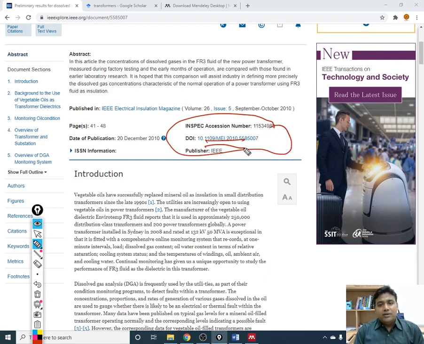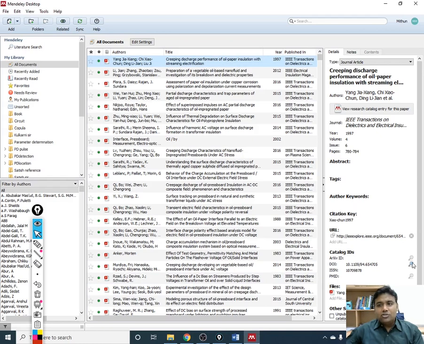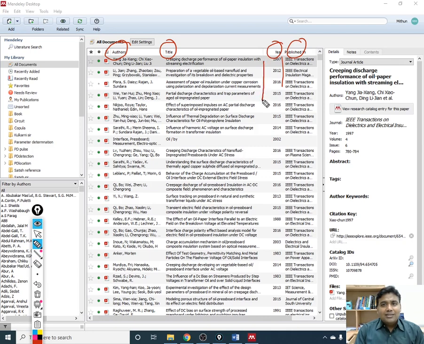Here the DOI number is given. This digital object identification number, you just copy it, and then you paste it in your reference manager Mendeley desktop here, and just give a search option. Your other things will be filled up. So in this way your details will be organized. If you look carefully, the files have been arranged as authors, title, year, and where it is published, in which journal. So in this way, if you organize it, you will see that your research will be either in the ascending